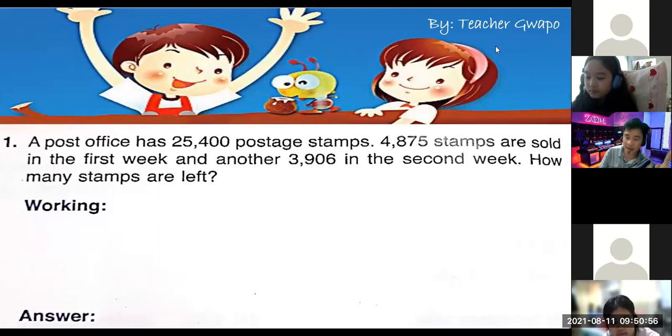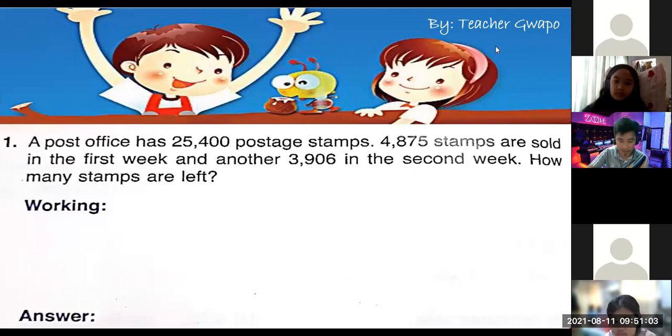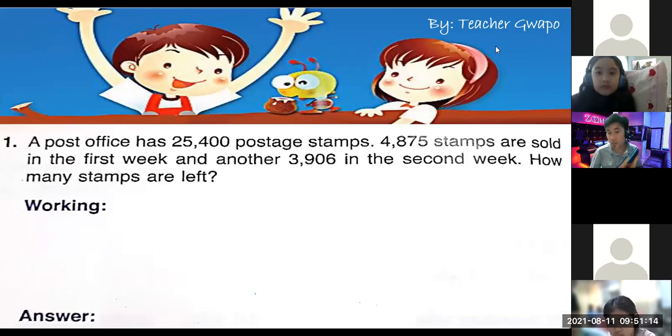Okay, so it says there that there are 25 postage stamps in the post office. And then there are two numbers there that were sold. First week, 4,875 stamps were sold. And then in the second week, the post office sold 3,906 postage stamps. So the question here is how many stamps are left? Now, if we will solve this